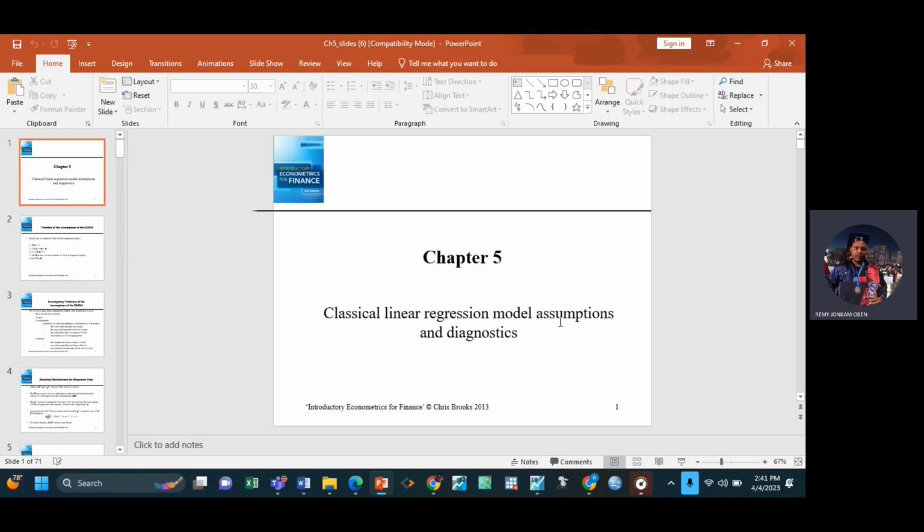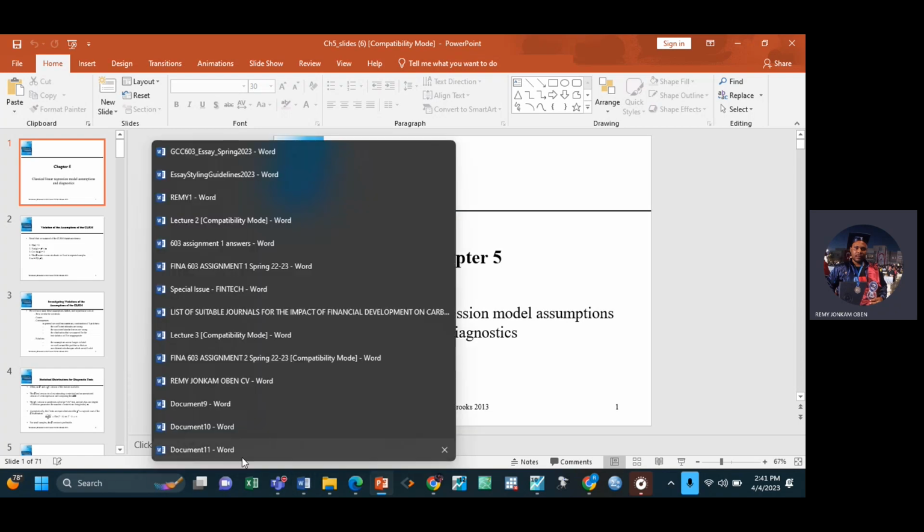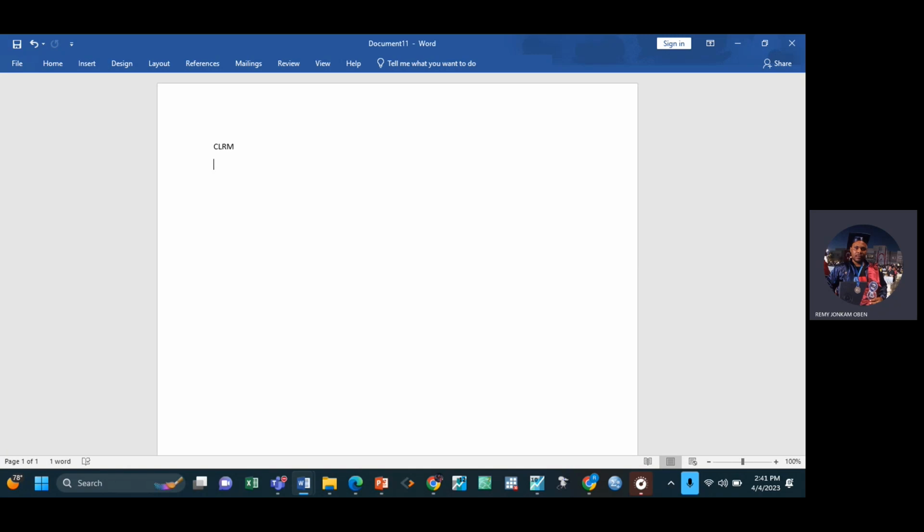Guys, you know, we have the ordinary least squares estimator, right? If we are trying to do a regression, we have ordinary least squares as a technique which we can use to estimate a model. But ordinary least squares is not the only technique we have, right? We also have another technique which we call maximum likelihood. There are many techniques, more than one.